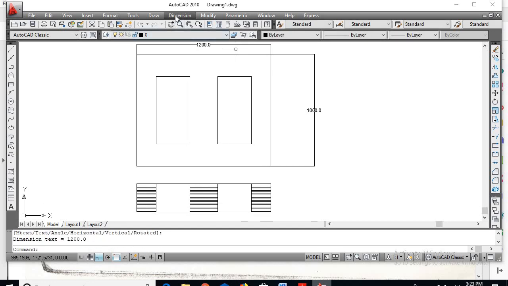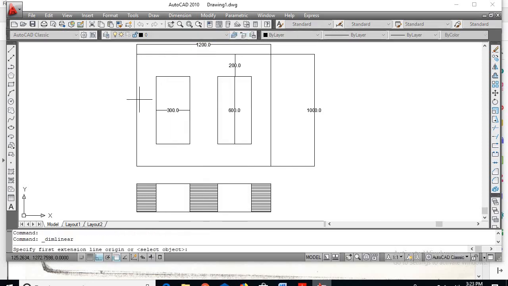Now dimension linear. What is the height of the window? It is 200 mm. What is the height of the window? 600. Next, what is the width of the window? We must get 300.